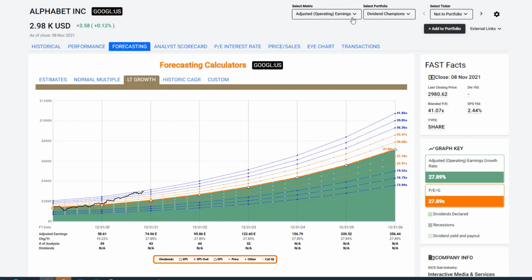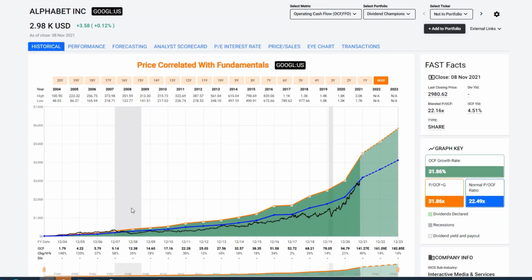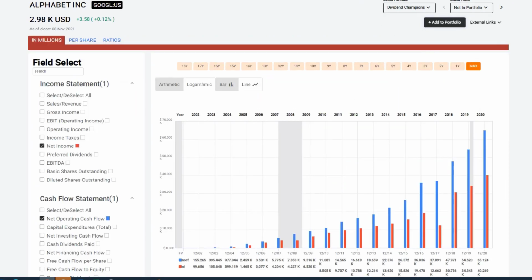And I do have cash flow from operations growth, or operating cash flow growth, also very, very strong historically. So now I've decided this company, because of its powerful growth potential, is worth looking further into. So now I'm going to move on to the financial underlying numbers, and I'm going to look at cash flow